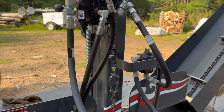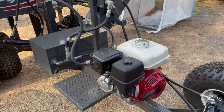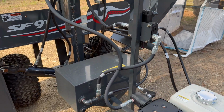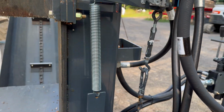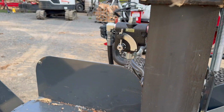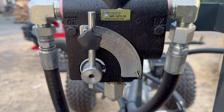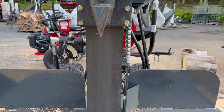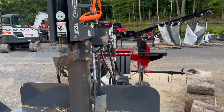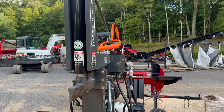We can do these with an electric start motor. We can do a reversible conveyor. This just has the flow gauge on it, or the flow valve, for doing like a 0 to 10. Again, we normally run them somewhere around like a 3 or a 4. There's no reason for this thing to be chattering super fast. We can do LED lights up on it. Trying to think what other options that we have, but